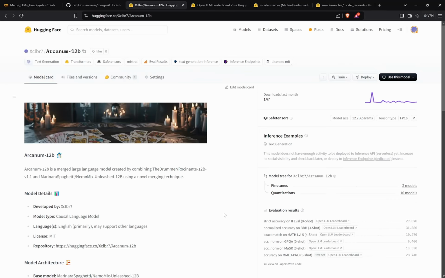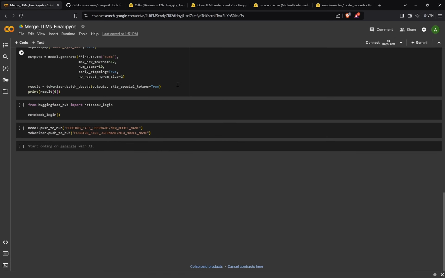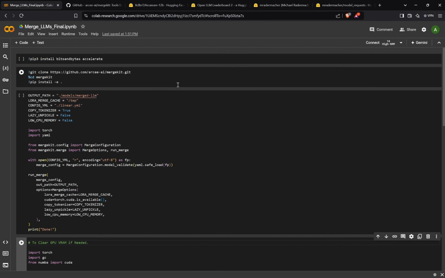Hi everyone. So today's video is about merging different LLM models to create your own LLM model, that too for completely free. We will be using the Google Colab notebook. It will be completely free. Not only that, I'll show you how you can submit it on the leaderboards to get the evaluations of your particular LLM. I'll show you how to do that on the Google Colab notebook,